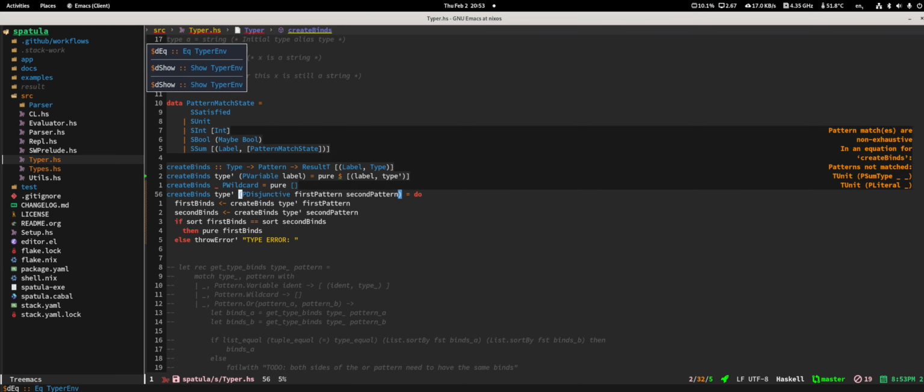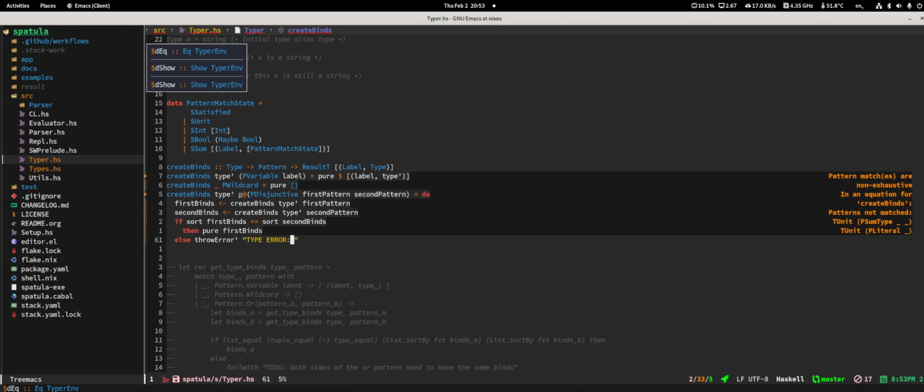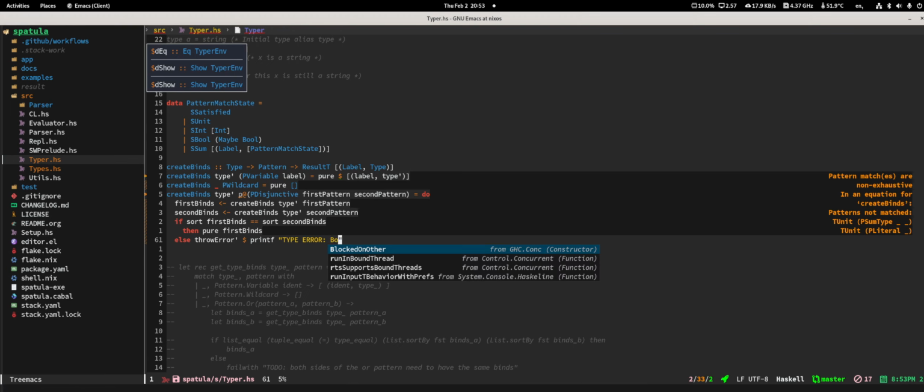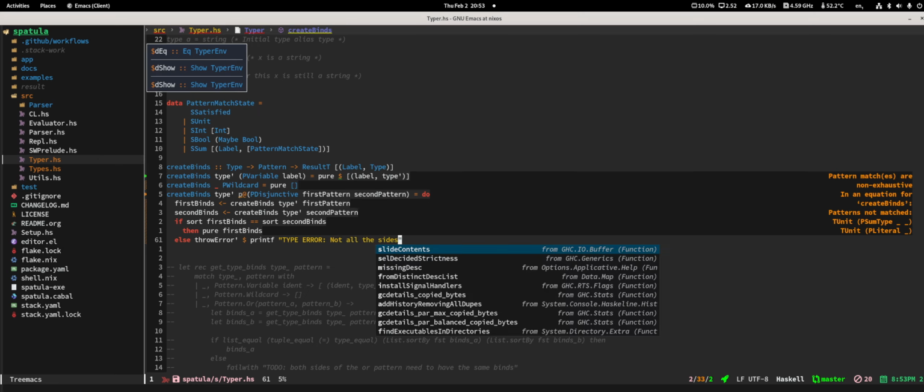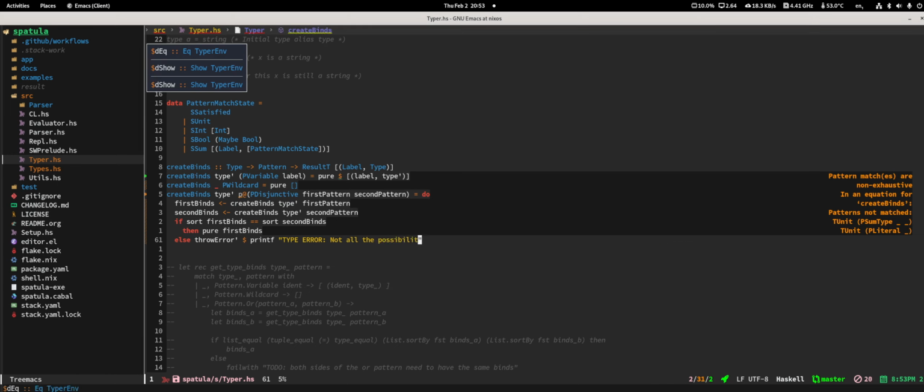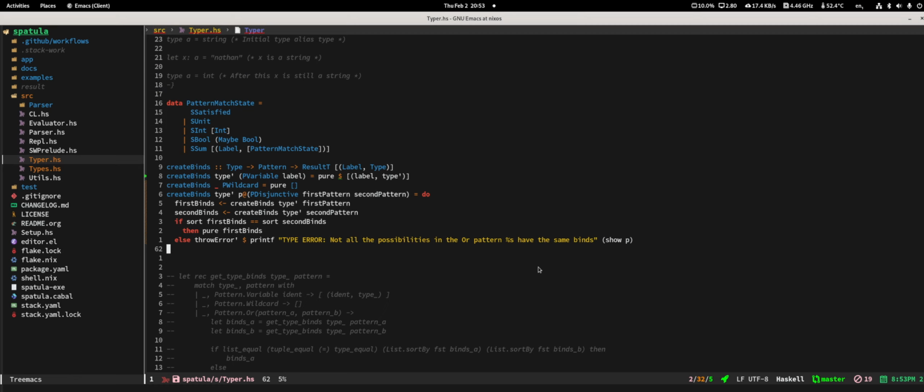Okay, so let's pick P here. And let's say something along the lines of printf, and let's say both... not all the possibilities in the OR pattern have the same binds. And then you just do show P. Yeah, that works. Next,